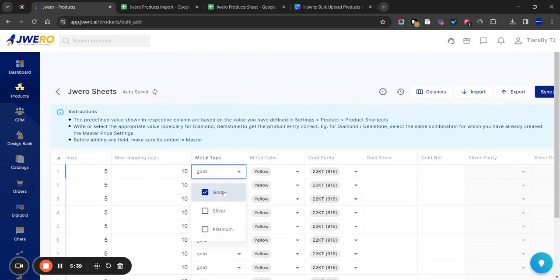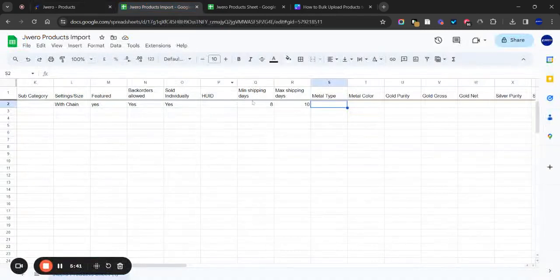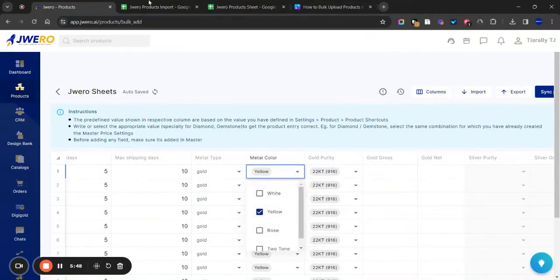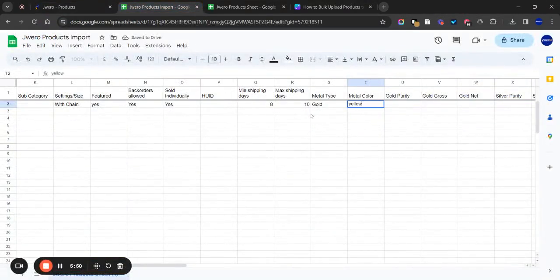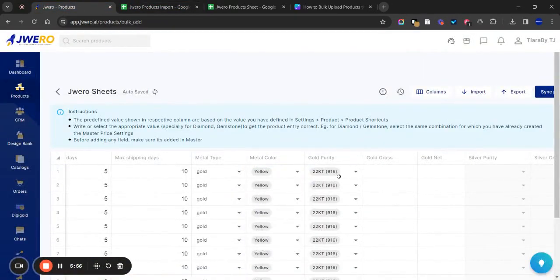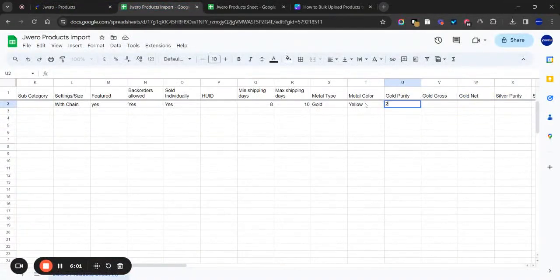So here for metal type, I have gold, silver, platinum. So I'll simply select gold. In metal color, again, I'll refer to this. Because this product is yellow, I'll go for yellow here, right? In gold purity, again, here the formatting is 22 KT 916 for gold purity. So here I'll add 22 KT 916. Again, I'll add the gold gross weight here. I'll add the net weight here,